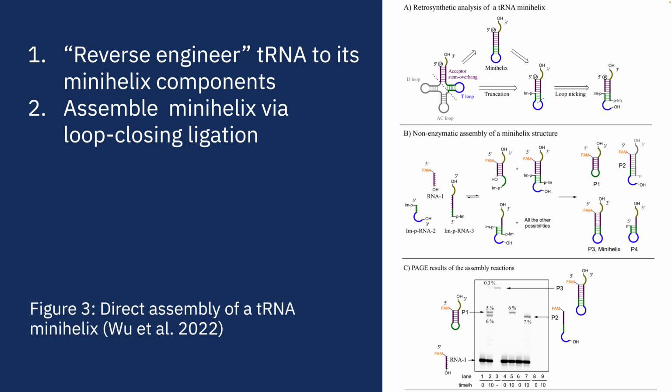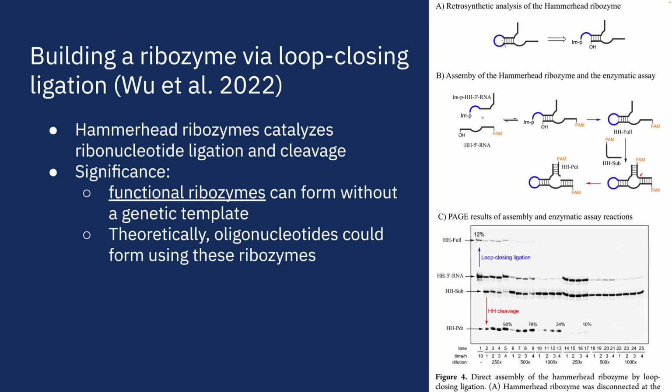And the principle was simple. Take a ribozyme, reverse engineer it to its component parts, and then see if those parts can be reassembled through this process. And that's exactly what happened. They actually proved it by building a hammerhead ribozyme. Why a hammerhead ribozyme? It's because hammerhead ribozymes catalyze ribonucleotide ligation and cleavage. This is how you get those longer polynucleotides to form and make functional ribozymes that can further evolve and specialize